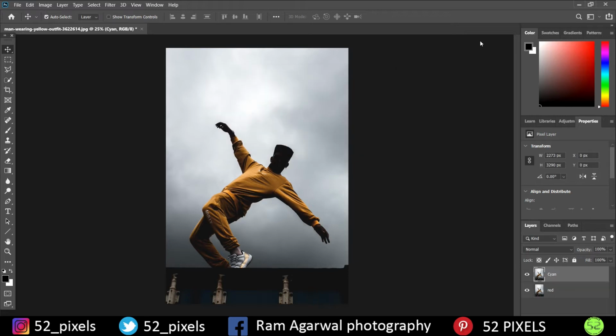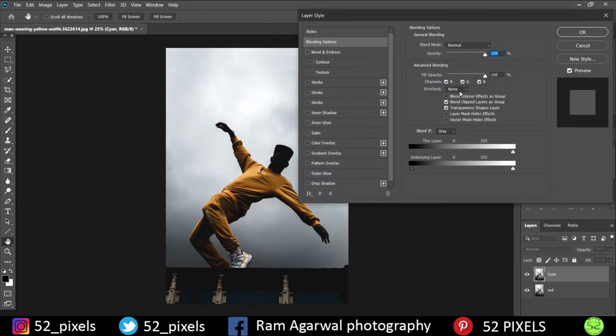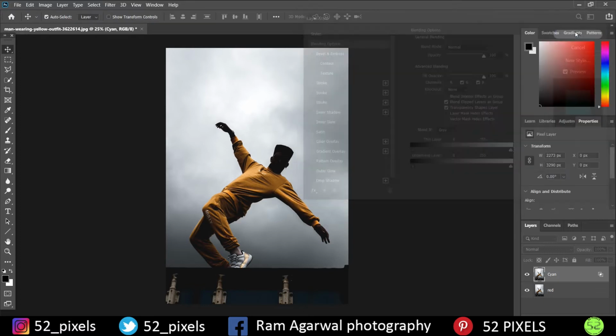Now actually that effect consists of two colors, as you have noticed. One is red and one is cyan. So now using the cyan layer, we are going to go to the FX icon over here and go to blending options. After going to blending options, this toolbar opens up where you can see an option called advanced blending. In the advanced blending tab, you have channels as RGB, and as this is cyan color, we are going to turn off red, as green and blue mixing together becomes cyan. So we are going to click on OK.